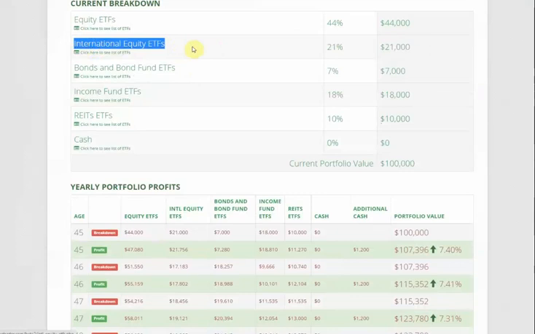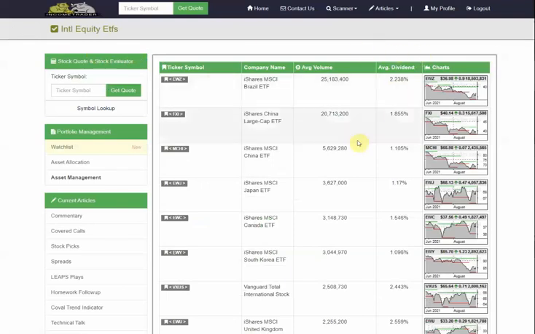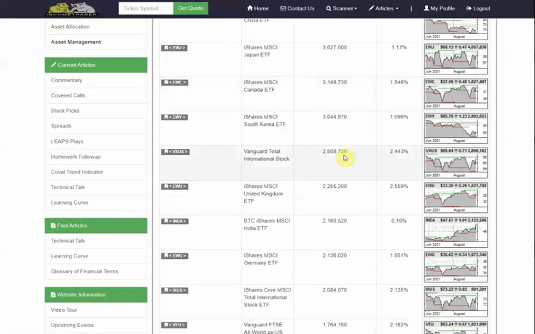And these are just mutual funds that trade like stocks. But the good part is you can also write covered calls on these, which we're going to learn in your class. So where could I find a really good list of some really good international ETFs? I bet if I clicked right there, they'd pop up. And all I'm really looking for is some that are moving in an uptrend. And then once a year,